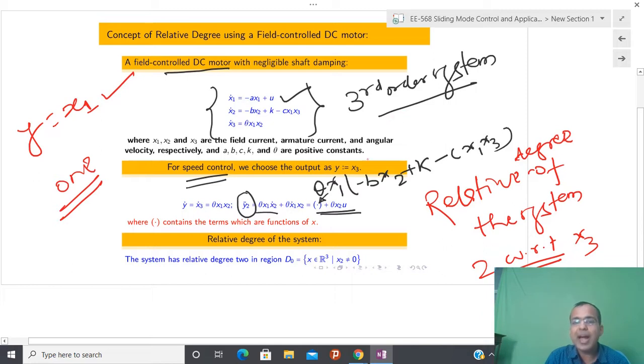So if I have to see what our objective is: if in this particular DC motor I have to control the angular velocity, or speed, then there is no need to worry about the others. Just take that, differentiate, and see the system. If it is a second order system, then design control for the second order system, and after application of control try to see the behavior of this system. You can see that relative degree is 2 for this particular system, provided x2 is not equal to 0.